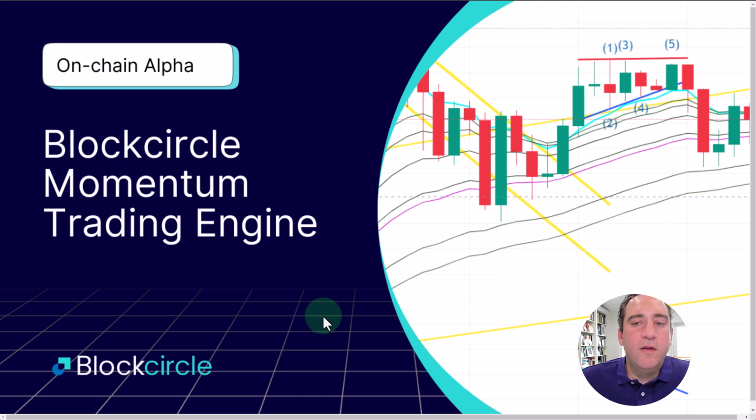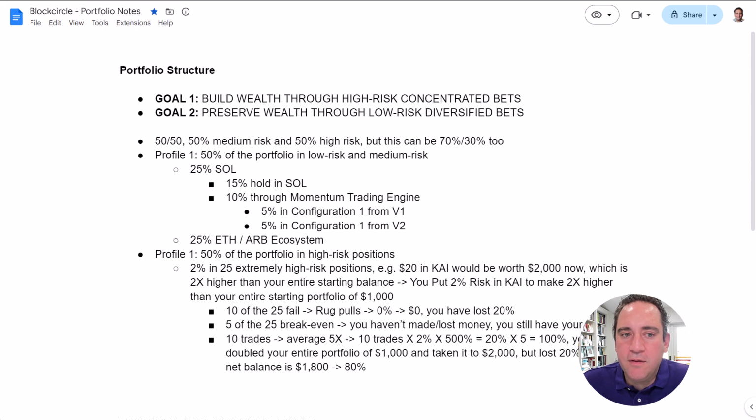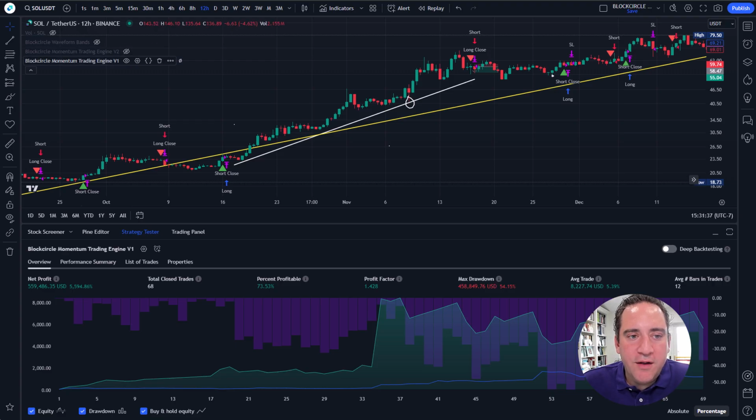Hi, everyone. So next, I want to go through the Blockcircle momentum trading engine, and I want to go through it step by step and give you some background, some context for it. So right now, we have Blockcircle momentum trading engine version 1, and then we just deployed and pushed live version 2 for beta testing. And what it is, in simple terms, it is a full-fledged, fully configurable, fully programmable trading